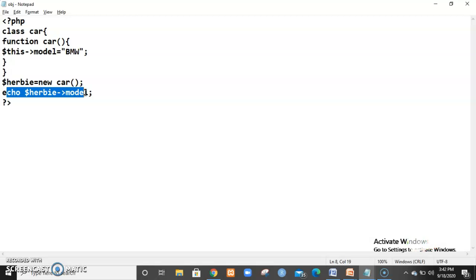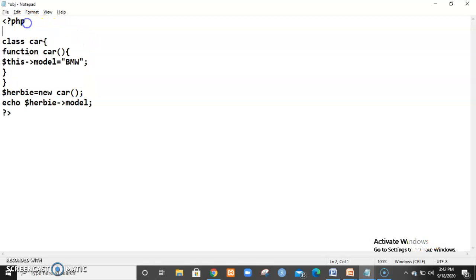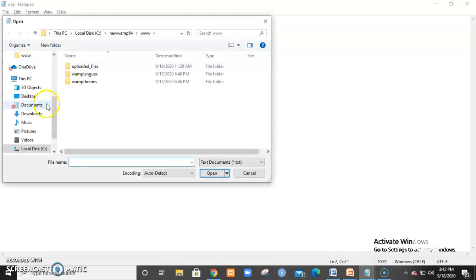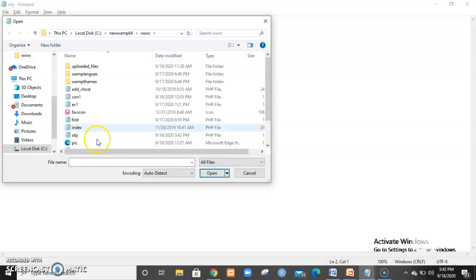And if you want to assign any variable, suppose $x is there, I'll take one more example. Shall I open the previous program?